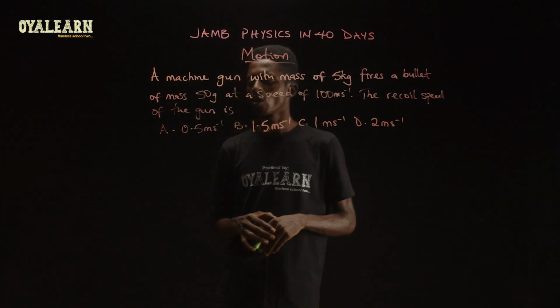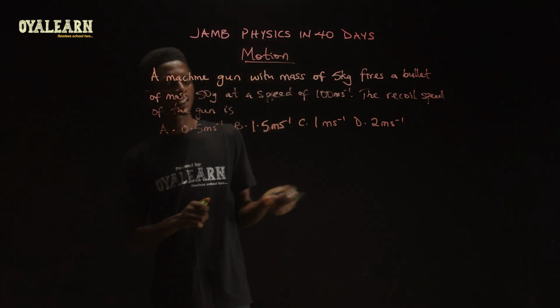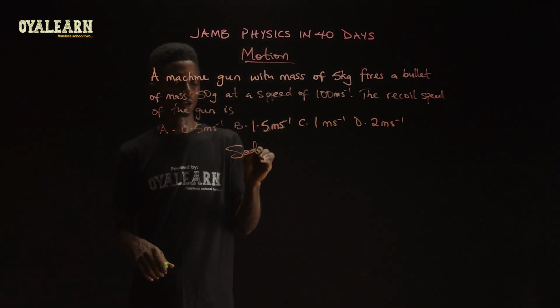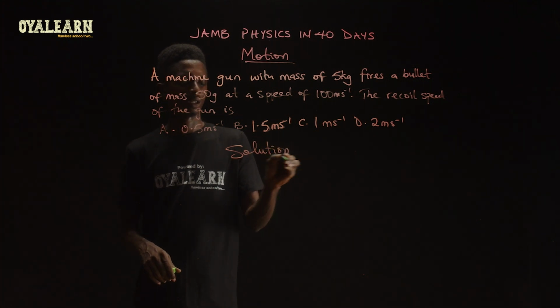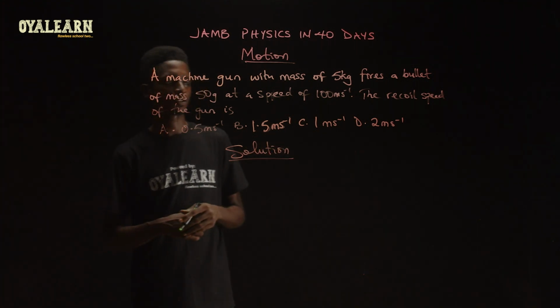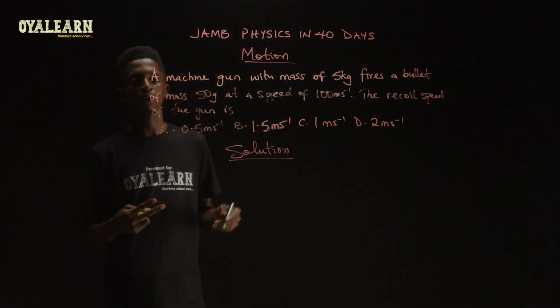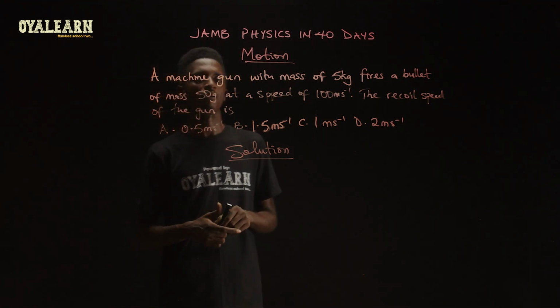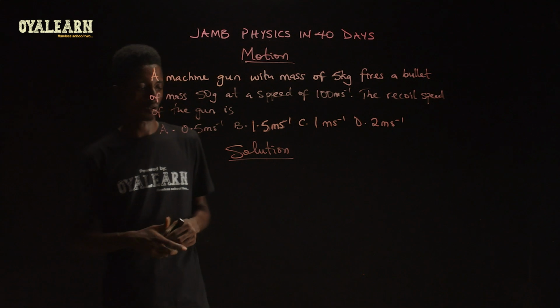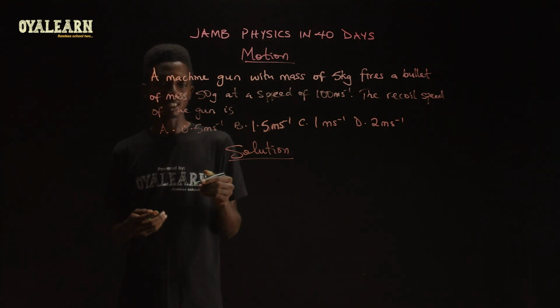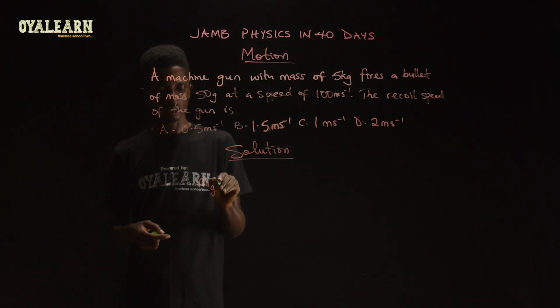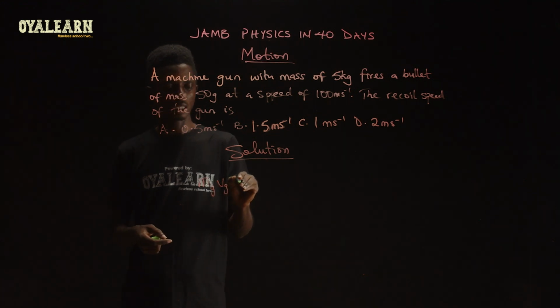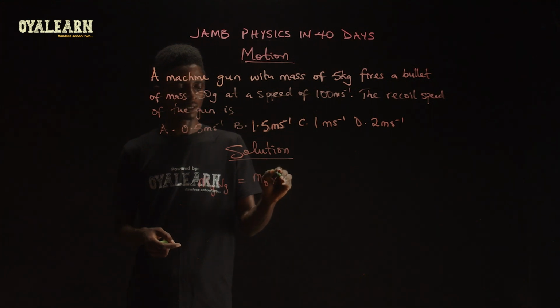The recoil speed of the gun is... So in this case, we're going to be applying Newton's third law. To every action, there's an equal and opposite reaction. Therefore, the momentum of the gun and the momentum of the bullet have to be equal. Momentum is mass times velocity. So momentum of the gun, that's mass of gun times velocity of gun, equals mass of bullet times velocity of